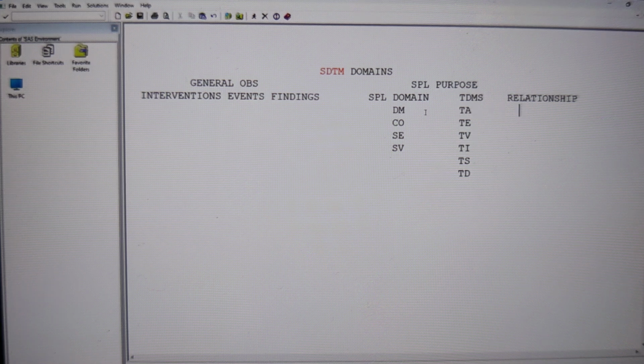In the events class, for example, one of the domains is adverse events. Now, according to the guidelines, in the adverse event data set we are going to have, say for example, 45 variables. But I have extra information. Beyond the 45 variables, I wouldn't be able to put all my information in those 45 variables.